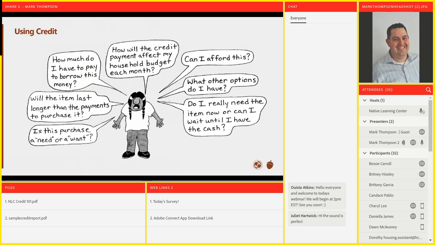Is it a luxury good? Is this something that I really need to pay this much money for, or can I find it at a lower price if I choose something that may be used or something like that? So there are lots of these different discussions that we have when we make these decisions about using credit.